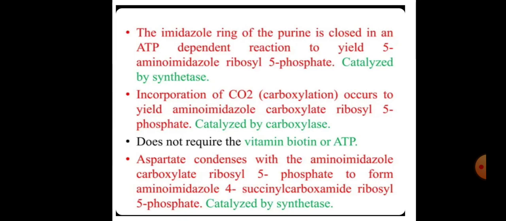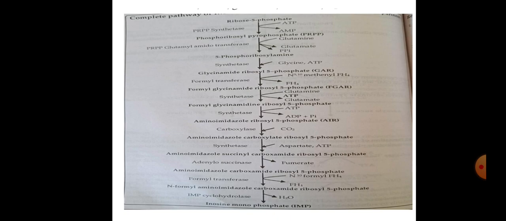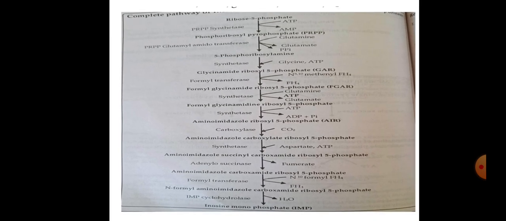So it will undergo the condensation with aminoimidazole carboxylate ribosyl 5-phosphate to form aminoimidazole 4-succinylcarboxamide ribosyl 5-phosphate, and it is catalyzed by the enzyme synthetase. Okay, so here are the steps involved in de novo synthesis of purine. The substrates required are ribose 5-phosphate, glycine, glutamine, water, ATP,